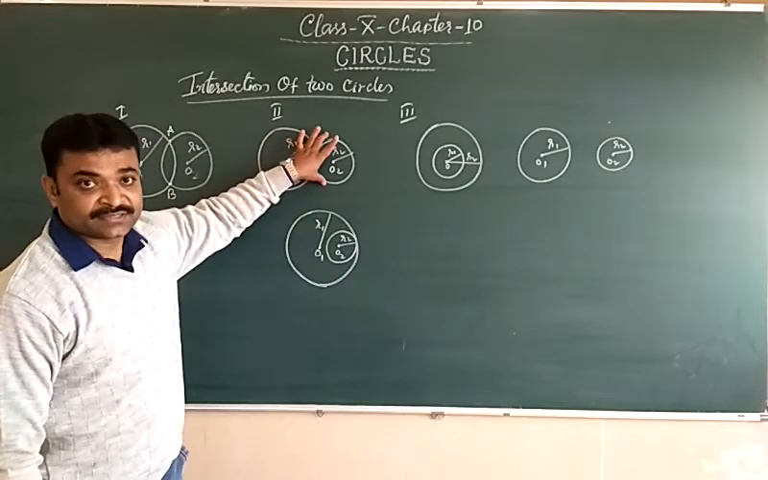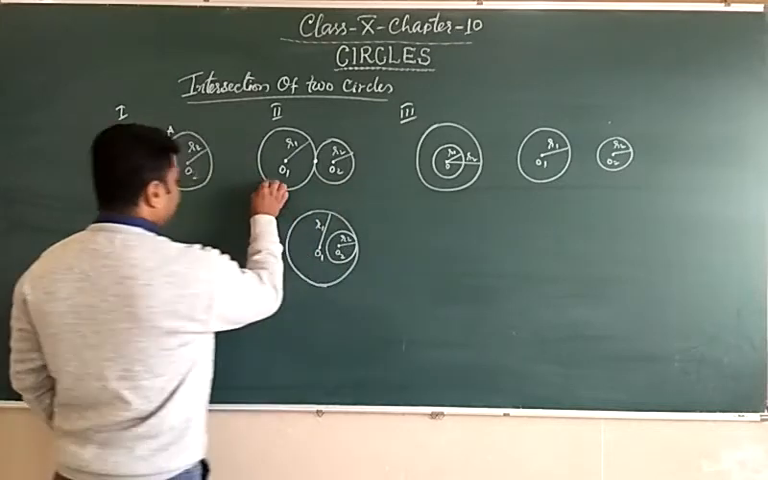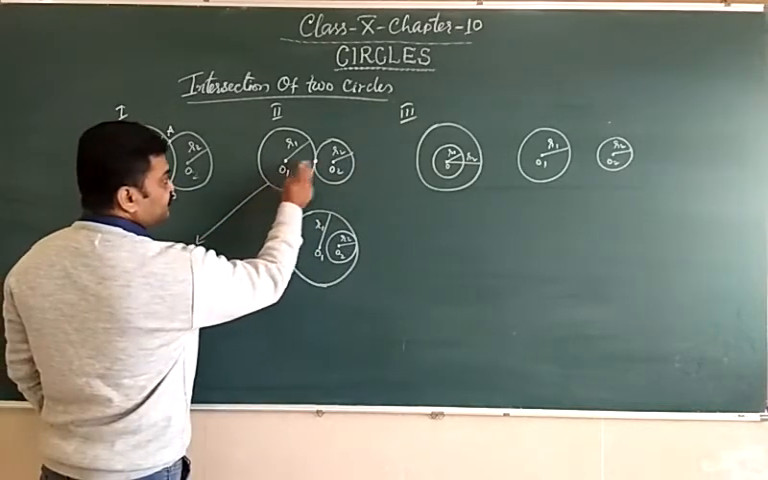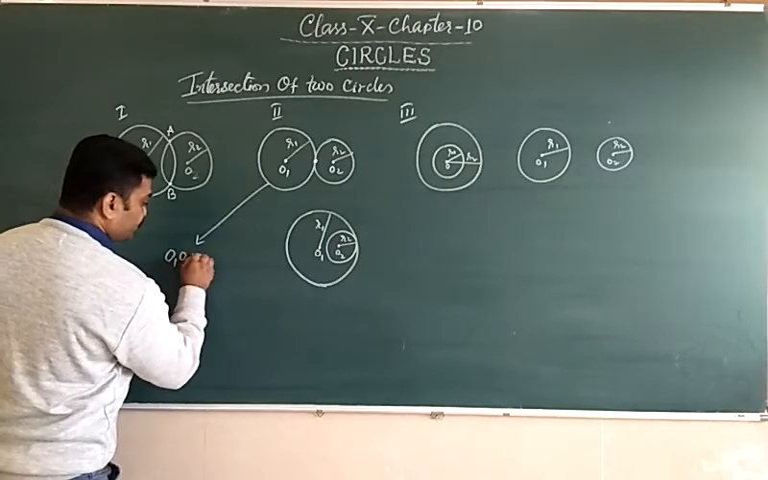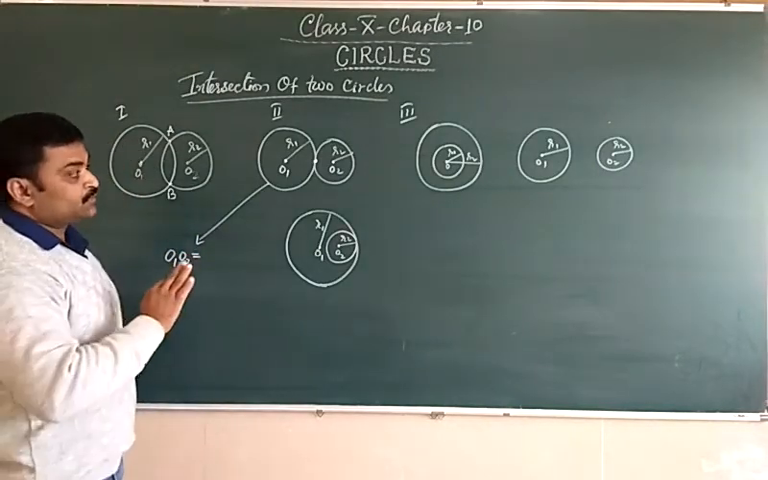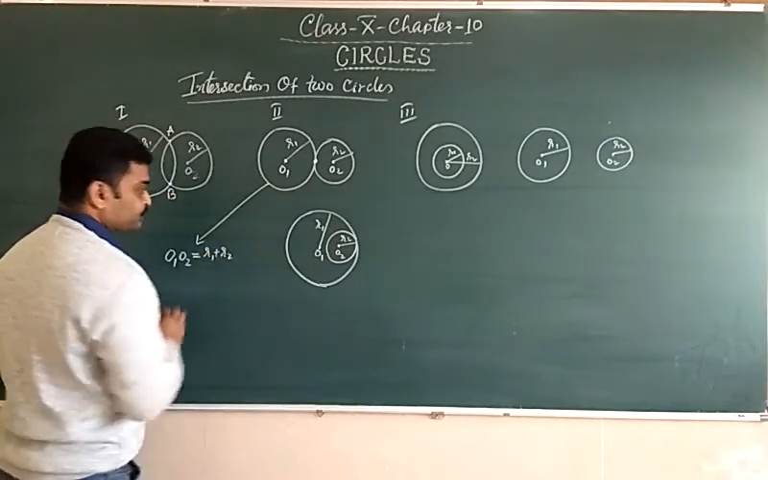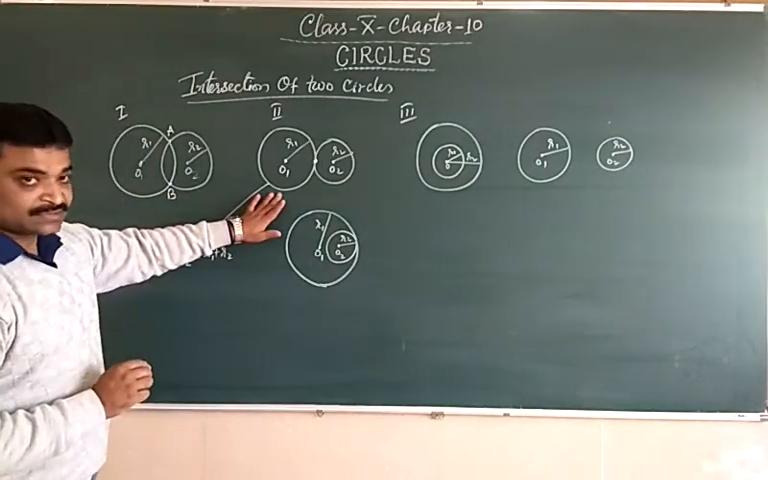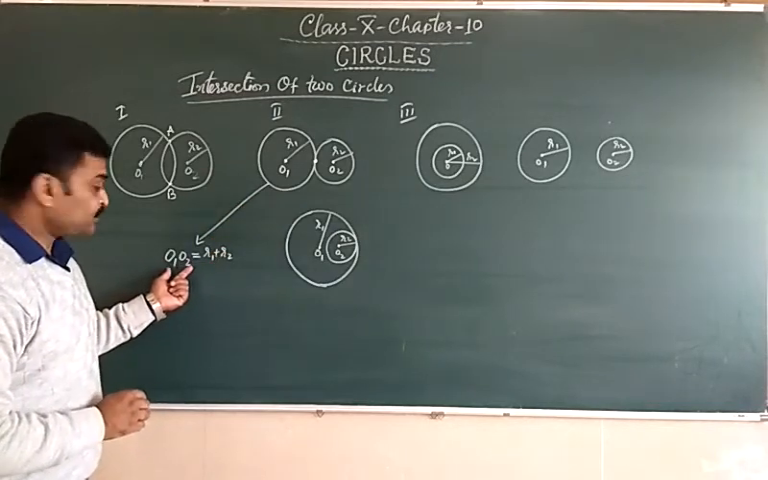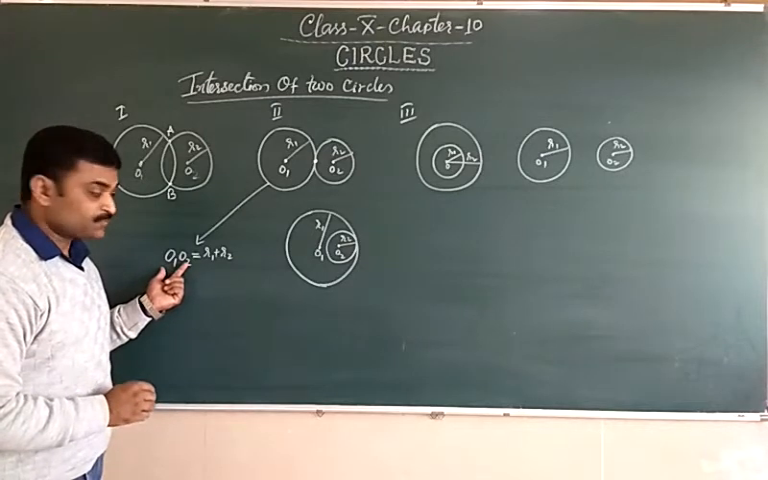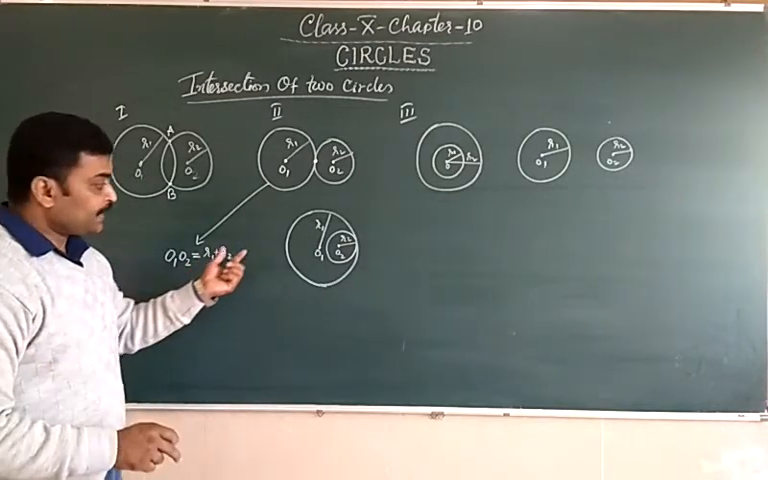This case happens if the distance between the centers, that is O1O2, is equal to the sum of their radii, that means R1 plus R2. In this case, the distance of their centers is equal to the sum of their radii. And in this case,